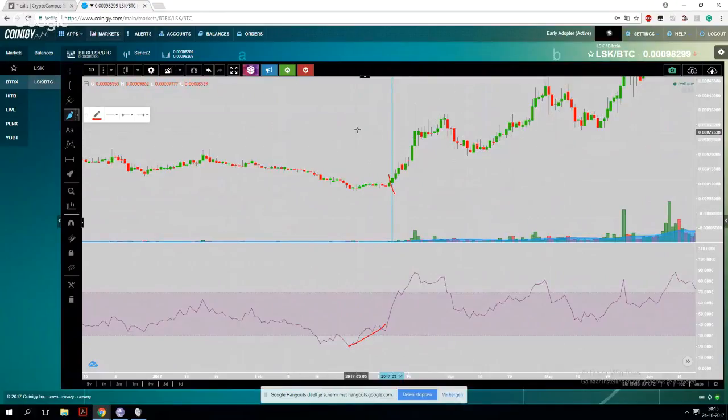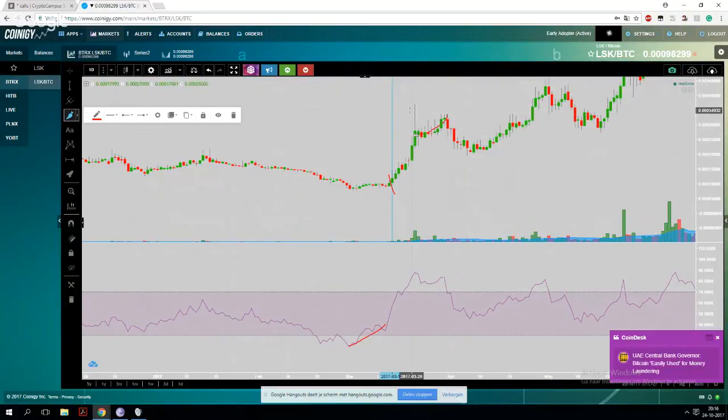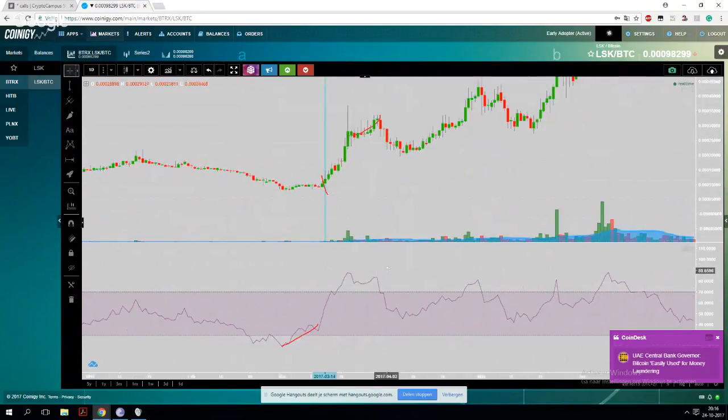And in fact, we have the exact same story. Only this time, it's the other way around. As you can see, the price went up, made a new high here. And I'm talking about a closed candle. I'm not talking about this little stick here. I'm talking about a closed candle. And the relative strength index, the RSI,